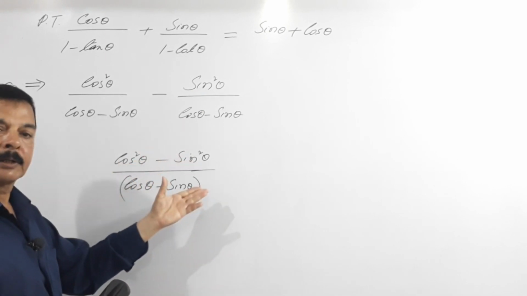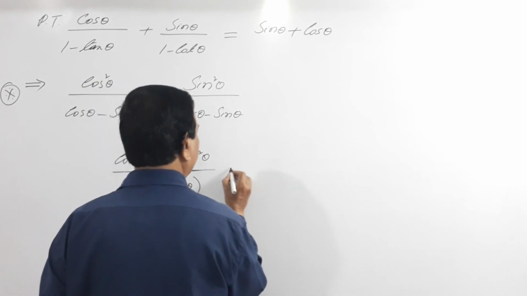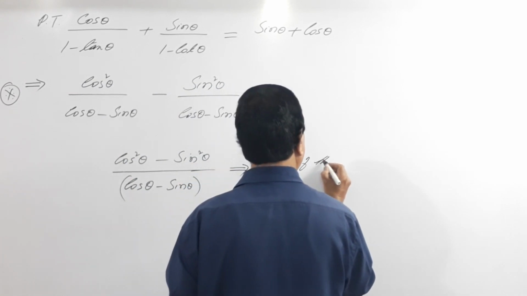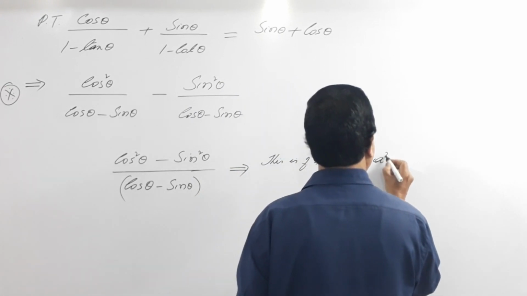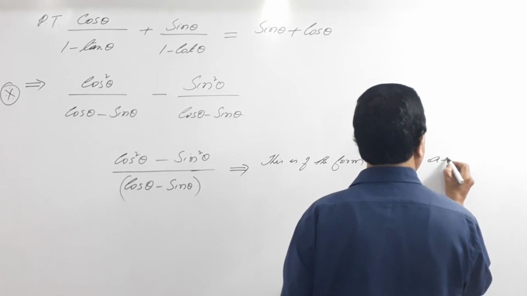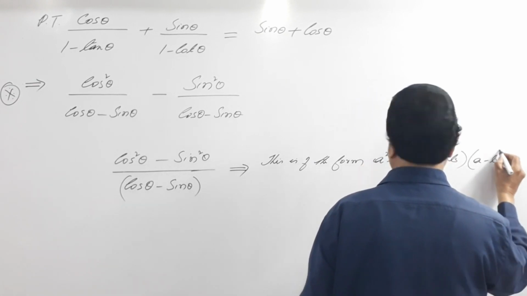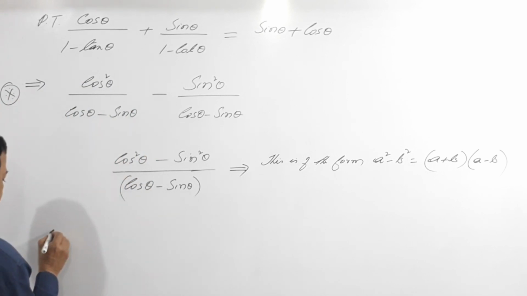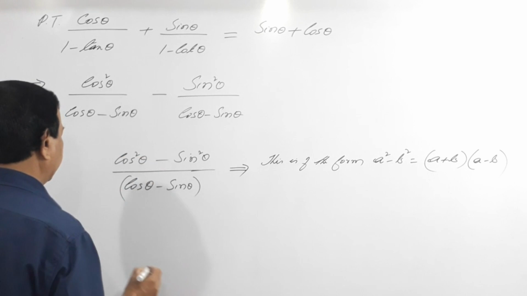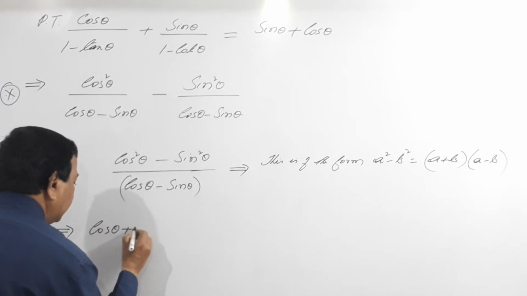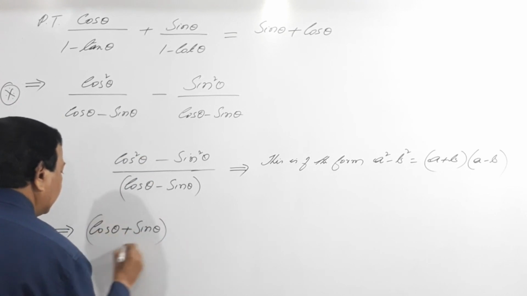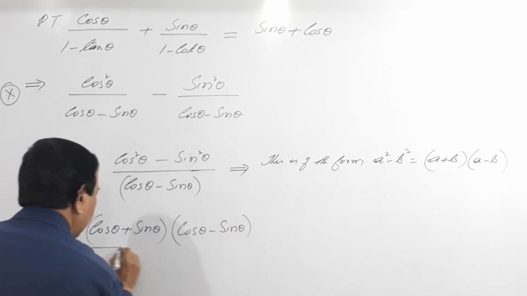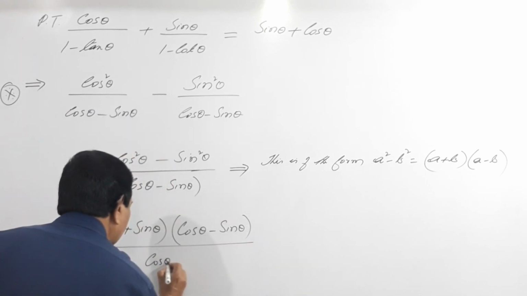इसके बाद बहुत आसान है, दिस a स्क्वायर माइनस b स्क्वायर, इजंट इट, ये क्या है, आई राइट हियर, this is of the form a square minus b square, which is equals to a plus b into a minus b, okay, so I'll write, तो ये क्या बन गया, that is nothing but this is your a and this is your b, so this can be written as cos theta plus sin theta into cos theta minus sin theta divided by cos theta minus sin theta,